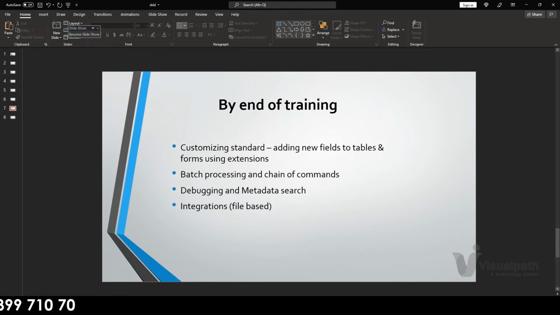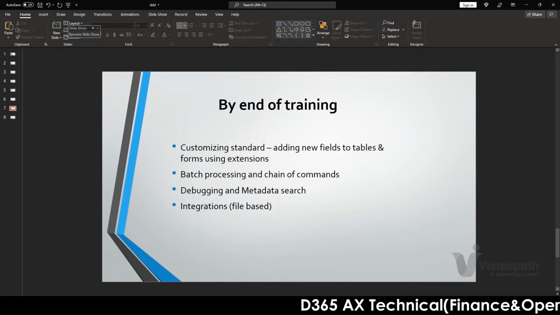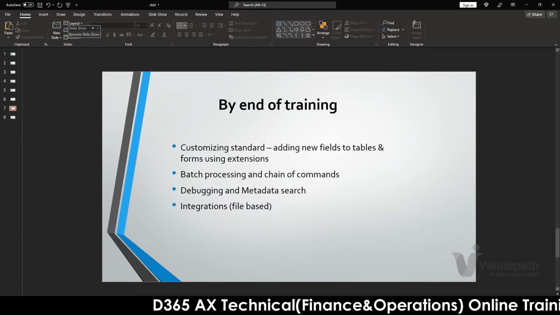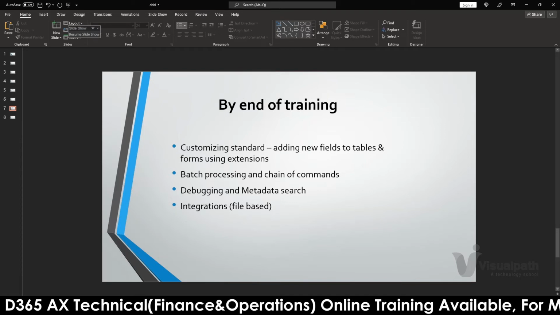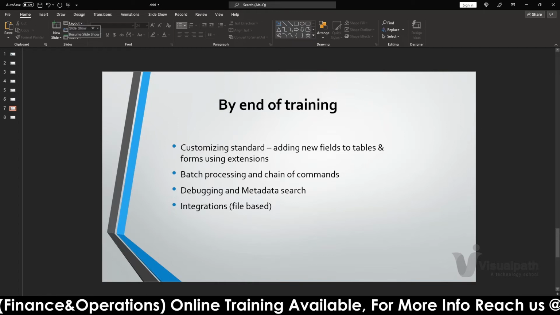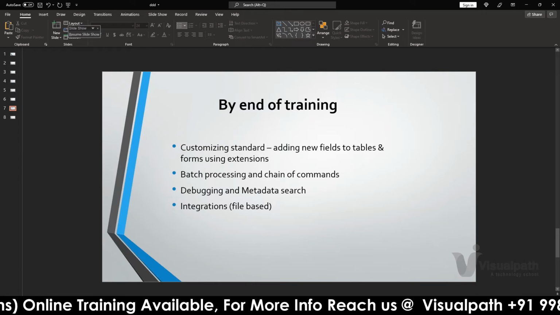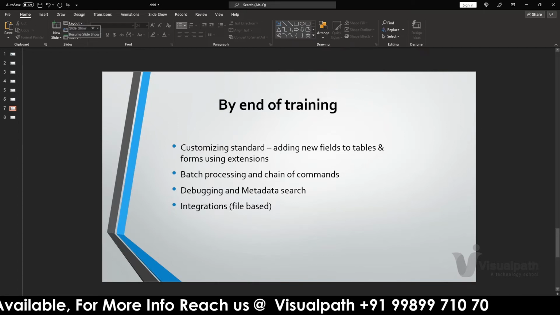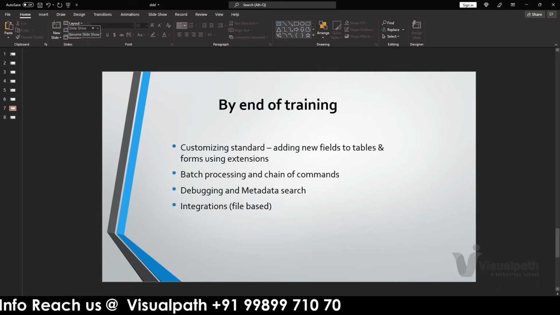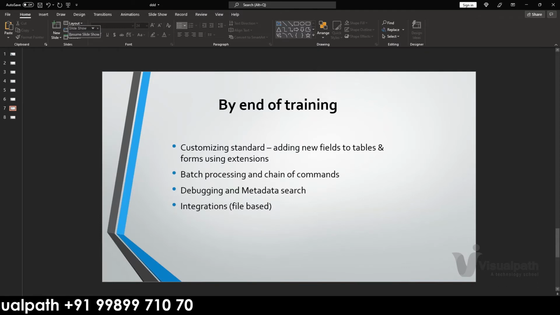We will be well versed with extensions, how we can extend an object and how we can extend a form, everything on the extension part. And batch processing, as I said, we do have a run-based batch, which is not in use now, but that will be covered.